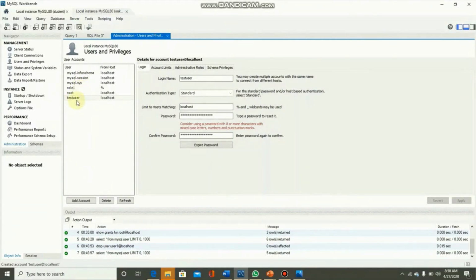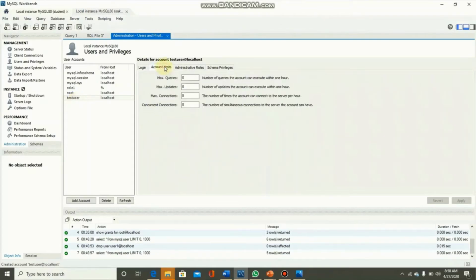Now we have some other tools in this interface too. We can limit the operations, we can reduce or limit the number of queries to be executed by test user. Here 0 means that user is allowed to execute any number of queries. We have number of updates, connections, and then concurrent connections.